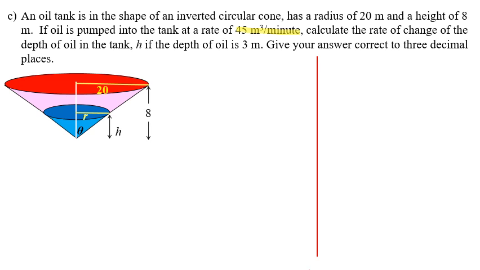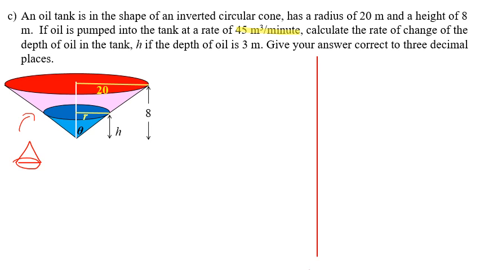Right, so next for question C, an oil tank is in the shape of an inverted cone. Inverted means reverse. So this is the normal cone, and that one will be the inverted cone. Radius 20 and height 8 meters. As you can see, when we put 20 and 8 and construct a triangle, somehow when